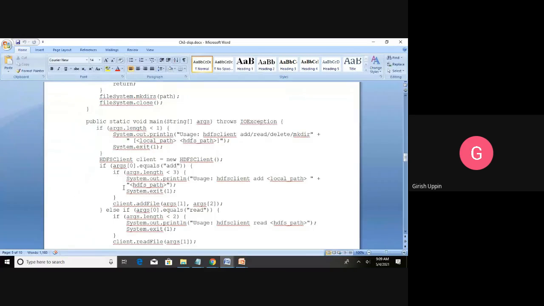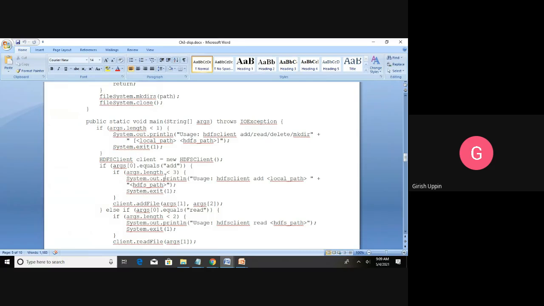It will come here. If args dot length is less than 3, again you will provide the usage, because we need three parameters: add, then the source file and the destination file. If it is not, you will say usage is HDFS client add local path followed by HDFS path. Both the paths should be there, and you will exit.